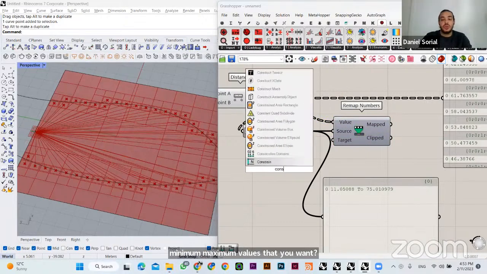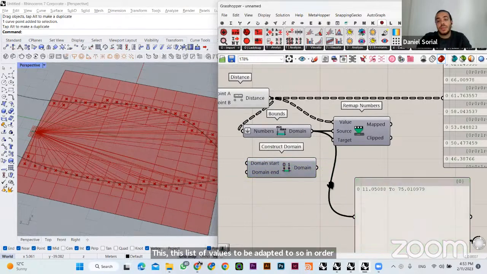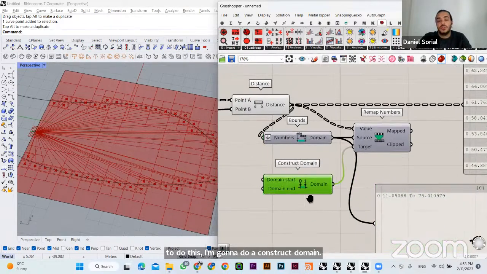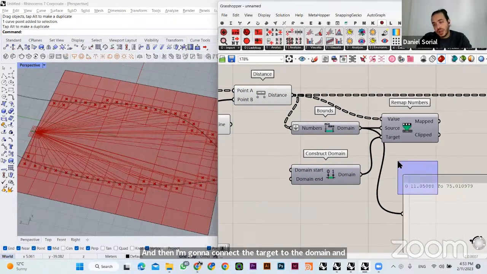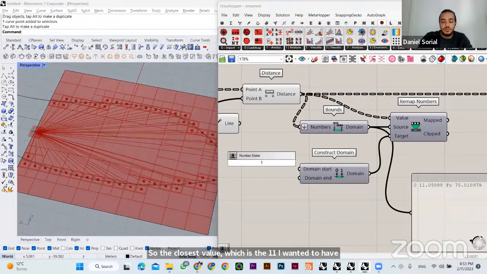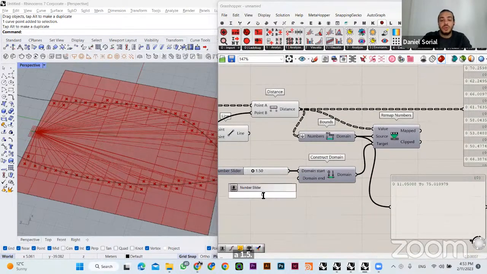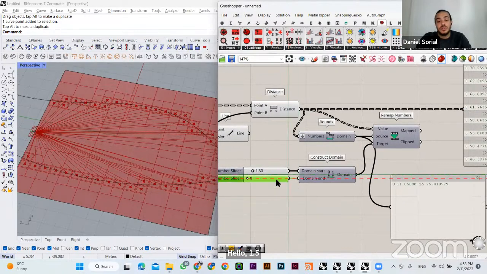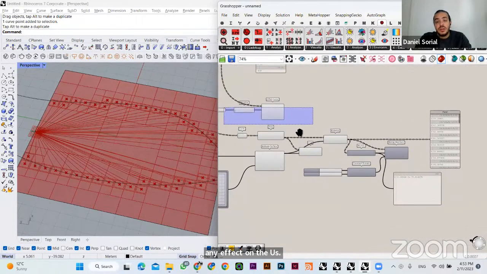So in order to do this, I'm going to do a construct domain. And then I'm going to connect the target to the domain. And then I'm going to say, okay, so the closest value, which is the 11, I want it to have a 1.5 movement, while the largest one, I don't want any effect on the offset. Okay. Then